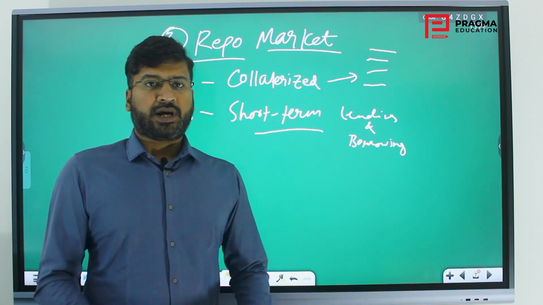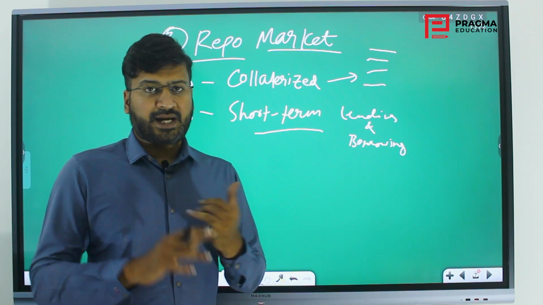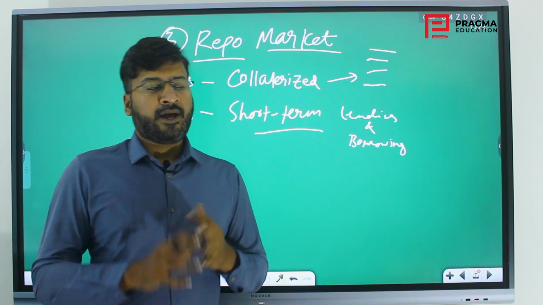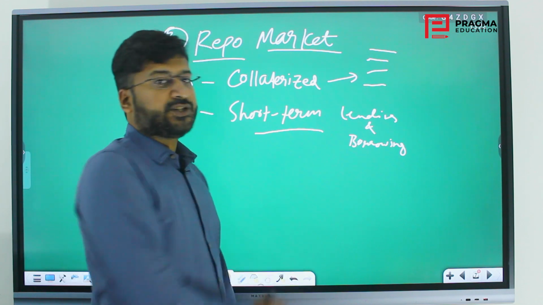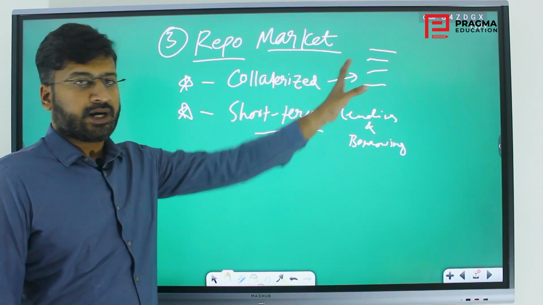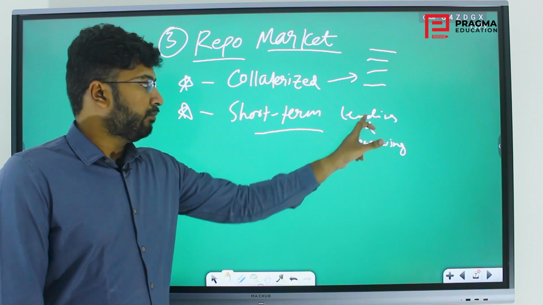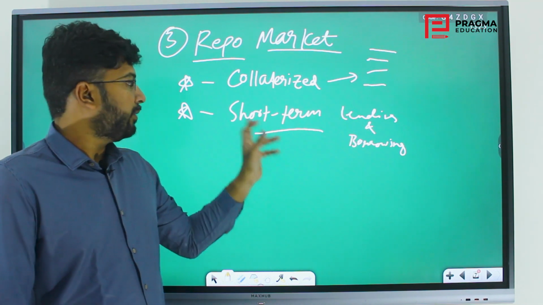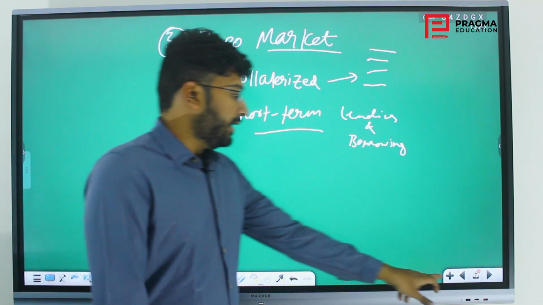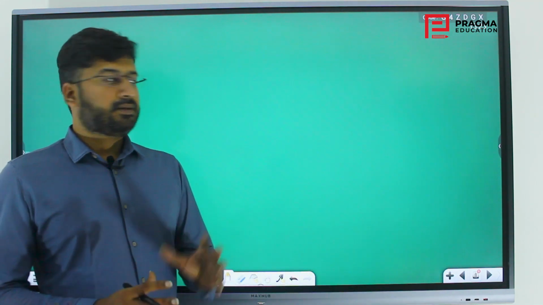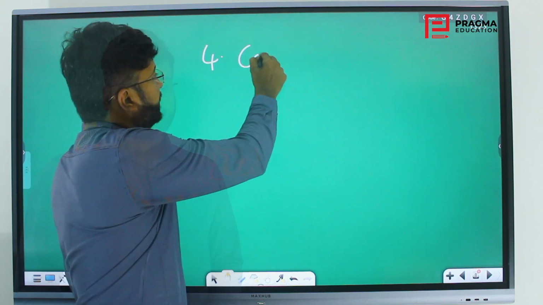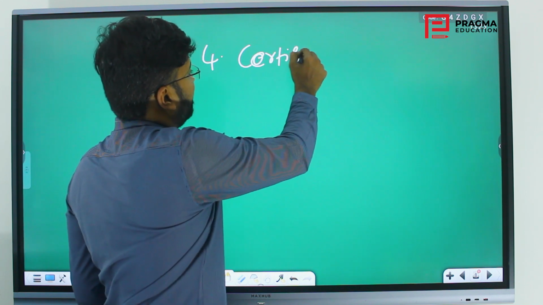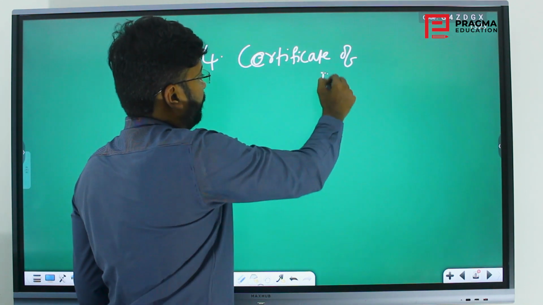In a commercial bill, the collateral itself is the bill, and it's a process that banks accept it, other individuals accept it. That is why they are tradable. In this repo market, they are repo market instruments, where you will put some collateral and you will take money, or you will borrow money and you will lend money in the short term. That is the repo market. That is the third money market instrument that we have seen. The next money market instrument is the certificate of deposit.